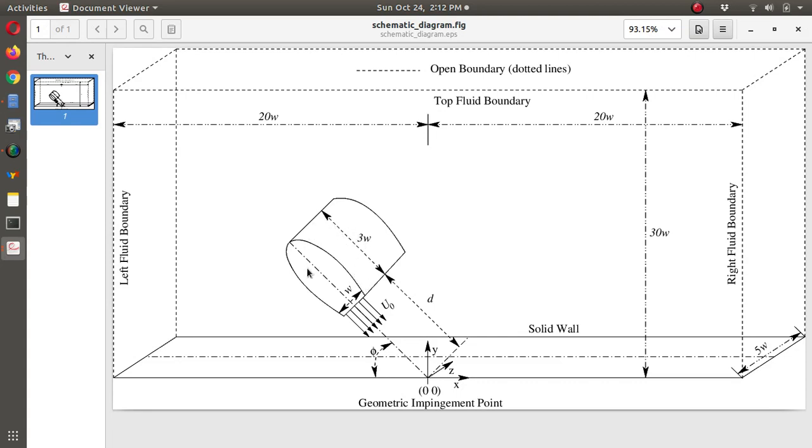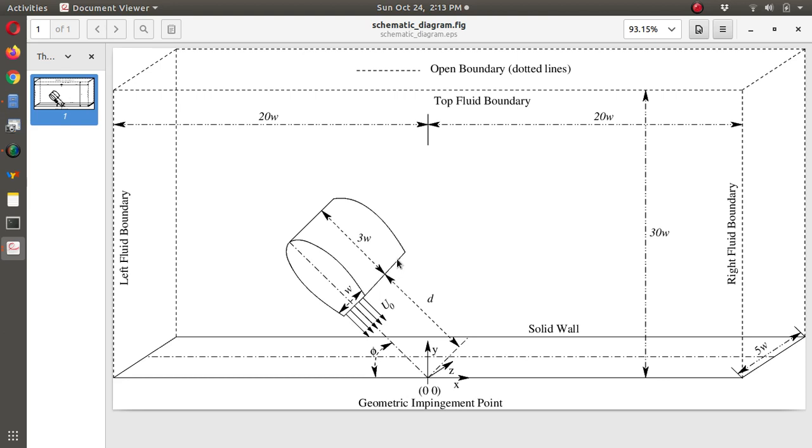As shown in this figure, we have created the surfaces like the nozzle wall. This is the curved surface I am considering as the nozzle wall. This is the front surface of the nozzle, which is again a wall. The back surface of the nozzle is again a wall. And there is one more surface which is considered the nozzle exit. We can say nozzle exit, or we can say inlet to the computational domain, because from there the fluid is